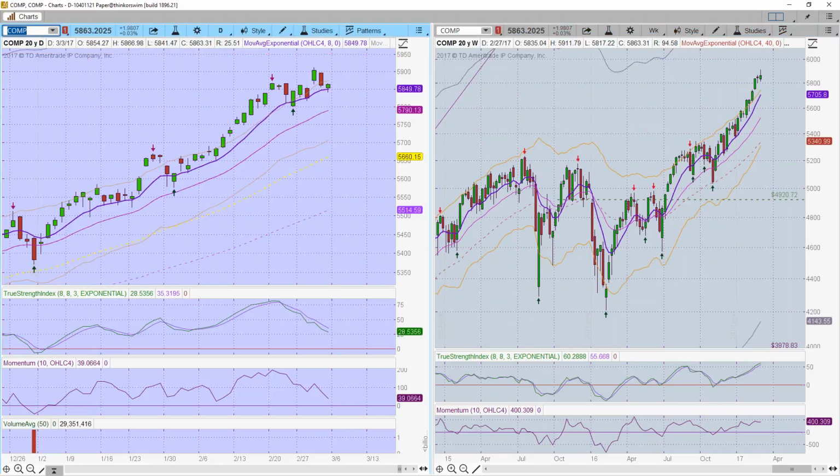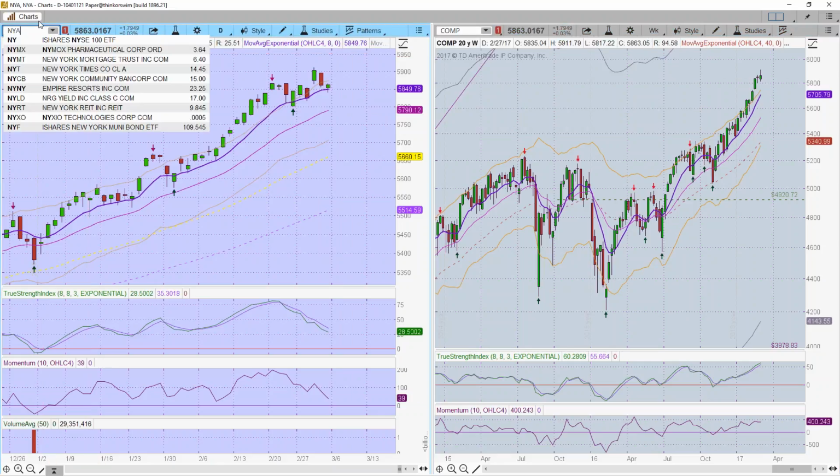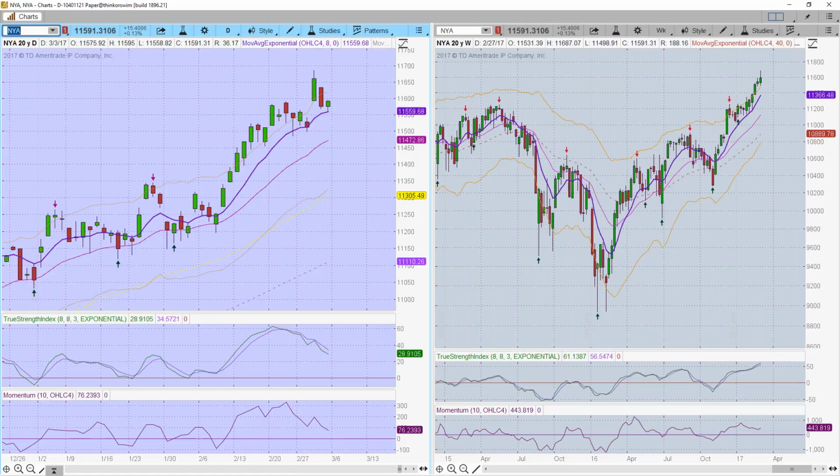Take a look at the NYSE. Again, similar type thing. Looks like it's a 2-day pullback so far. Now, are we going to get a rebound? And so what I would do is lay in, at the end of the day, man, we're almost close enough to the end of the day to do that, but I would be highlighting the high of today's candlestick and just basically put an alert above that.